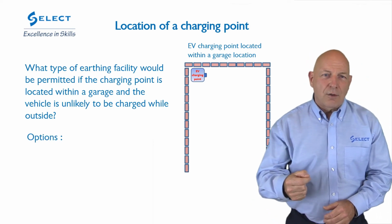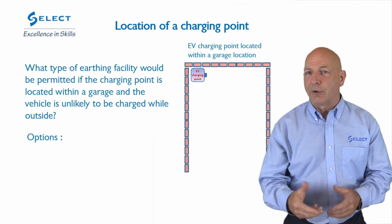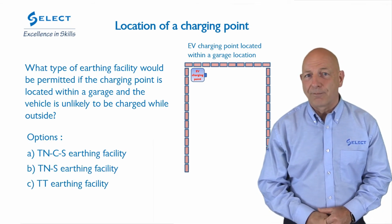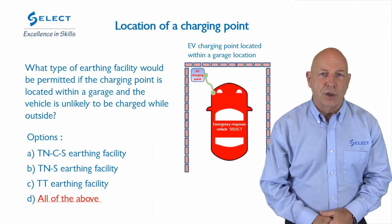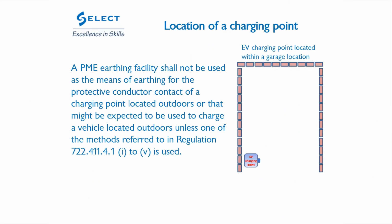Well, you might think that we are limited on the possible options that we could adopt. Could we have a TN-C-S or a TN-S or even a TT earthing facility? In fact, we could have option A or B or C in this situation. Any one of these three options could be used. You see, if we take another look at Regulation